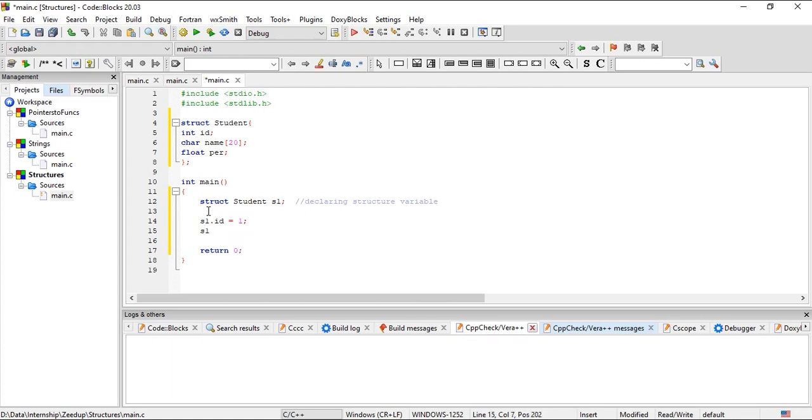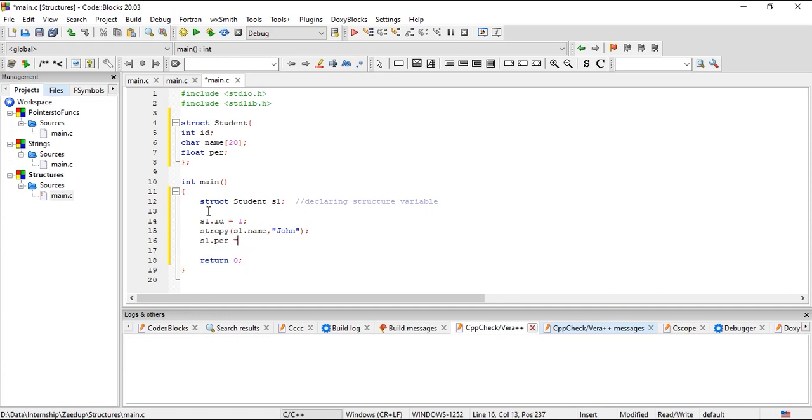Second time, I'm going to use the name, but this name could not be used like this. In order to initialize the name or provide it with a name, you need to use the strcpy function, or the string copy function. Now, first of all, provide s1.name, and whatever name you want to copy, you can just write it in double quotes. Okay, so suppose we provide John.